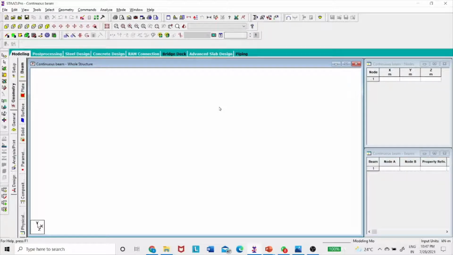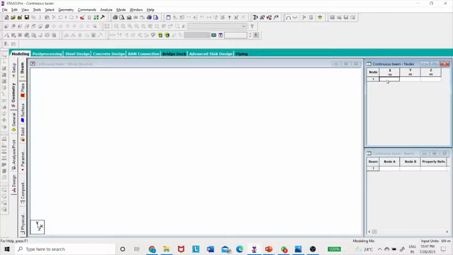Even instead of going back to the snap node beam option, we can directly create a node from this geometry beam. Here I will give x0, y0 and z0, so directly a node will be created. From here on I will develop the total continuous beam.